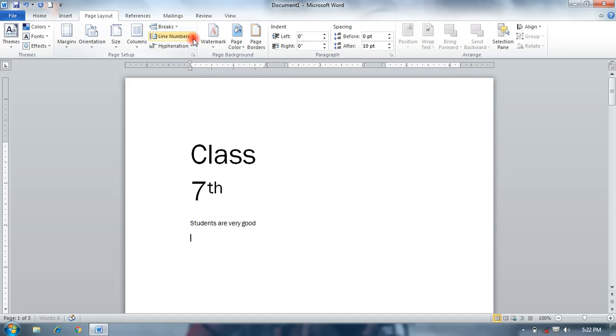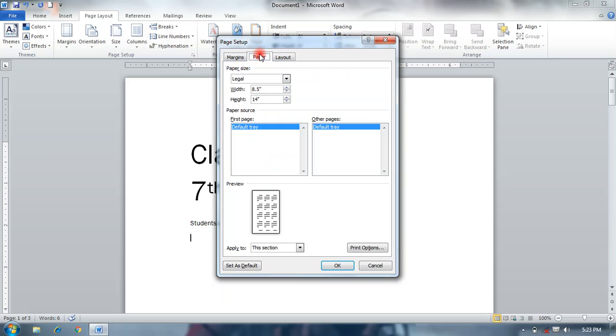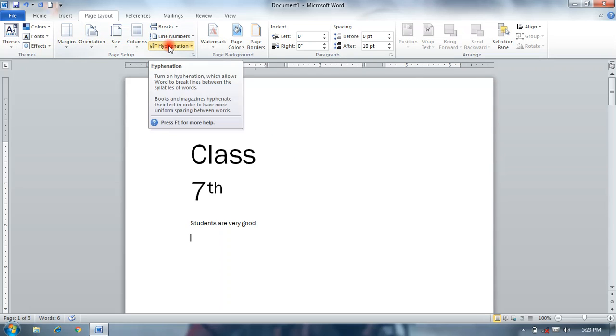Line number, it displays the line number. Now it is none. This means there is no line number, but we can select any option to give numbering online from this. Okay, hyphenation is used.